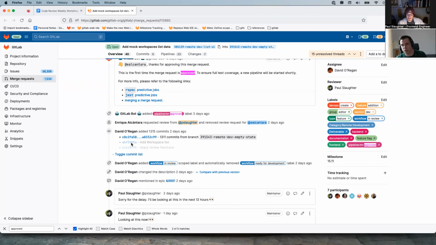Sometimes there are actually backend changes, and I'll think, oh, we added this thing, we'll need to get the backend maintainer to look at it again. So you do have to sometimes dive into what's actually changed between an approval and now. But that's kind of the job of maintainers, making sure all the boxes are checked.